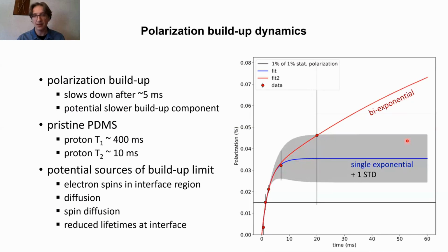These signals are at the moment not very large. We are still working to improve it, and we need to understand the dynamics of this polarization. Here you see how polarization build-up is observed. For the first 10-20 milliseconds we see a build-up of polarization, but we only reach about 0.1%. And then the signal saturates, and we think that this saturation is related to